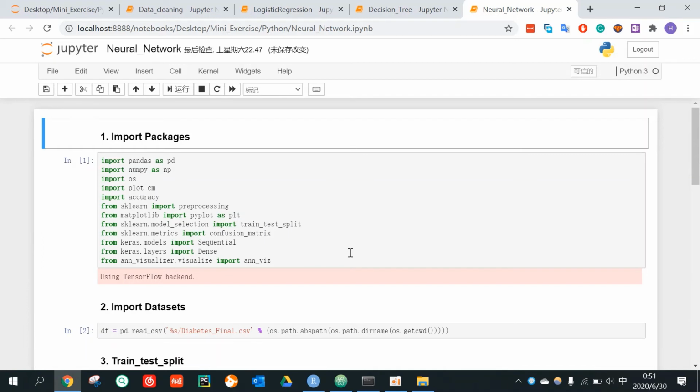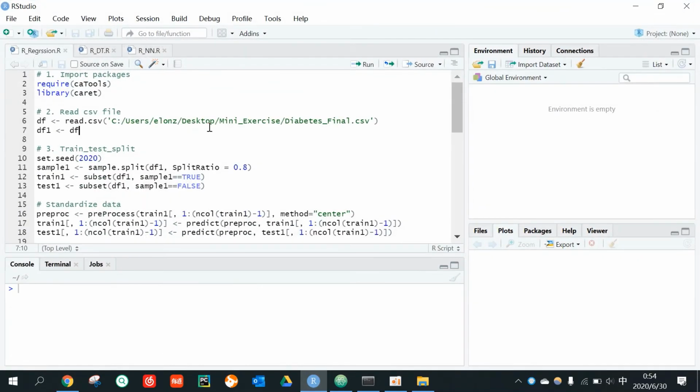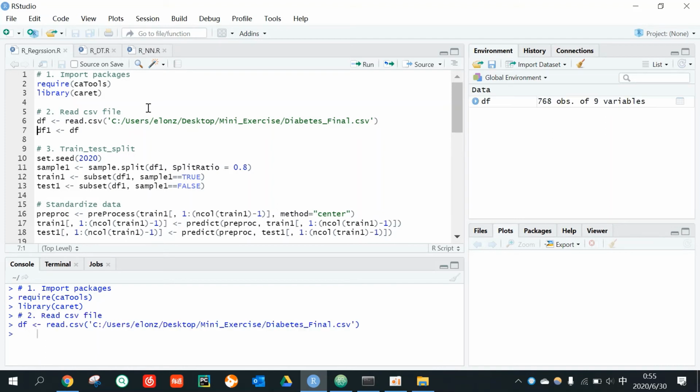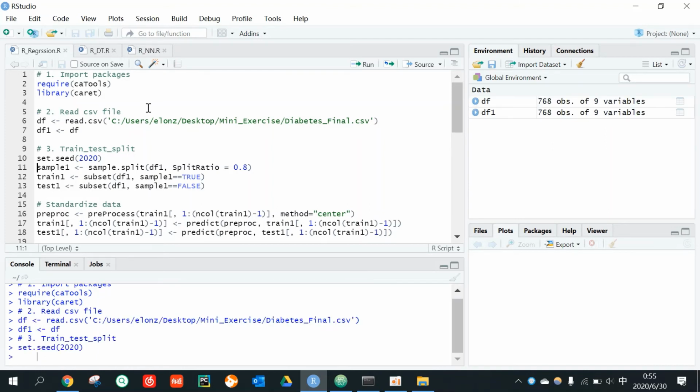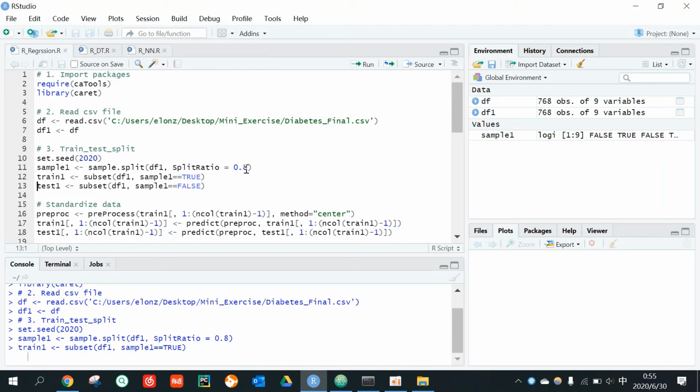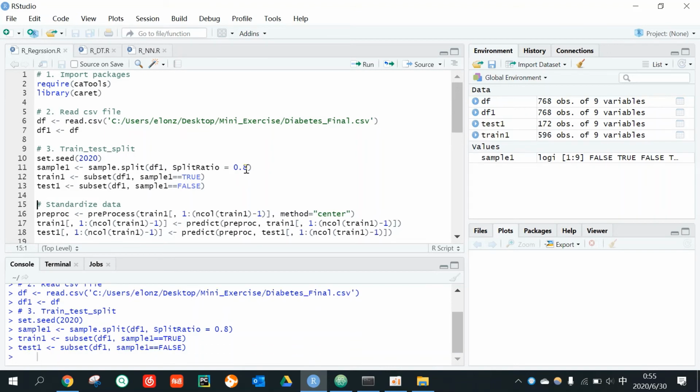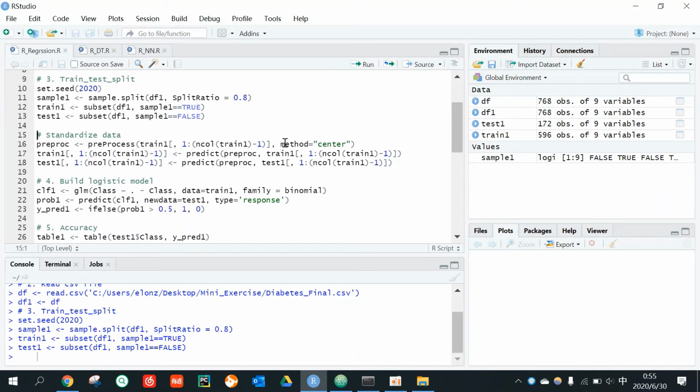And then we will use R to build 3 models simply. The first one is logistic regression, and we import our packages, read the CSV file and split the datasets. Here we also set the split ratio to 0.8, into train set and test set, and standardize our data. Here we use the method center when pre-processing,